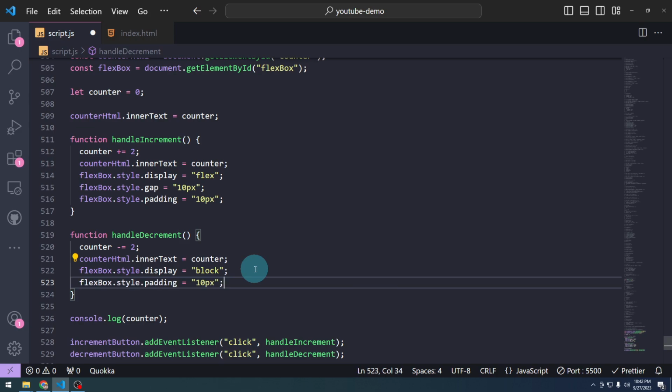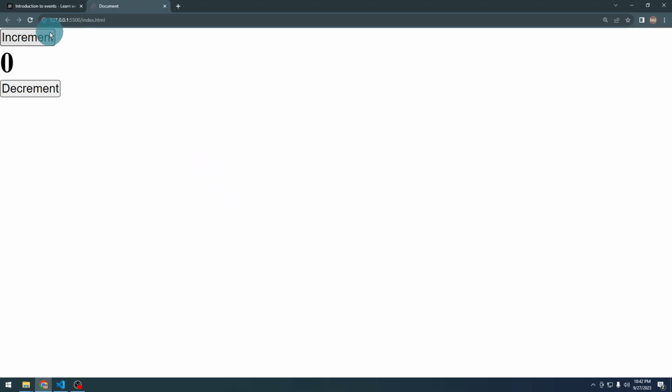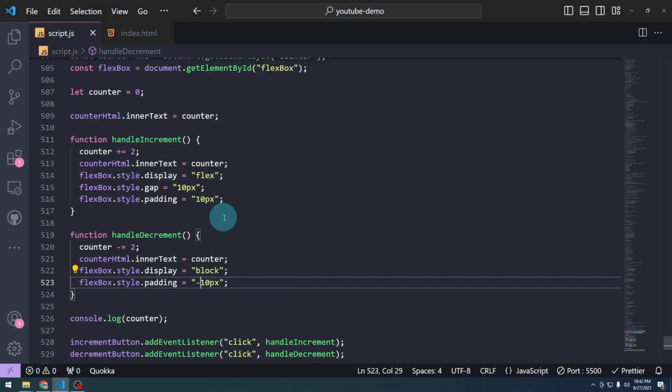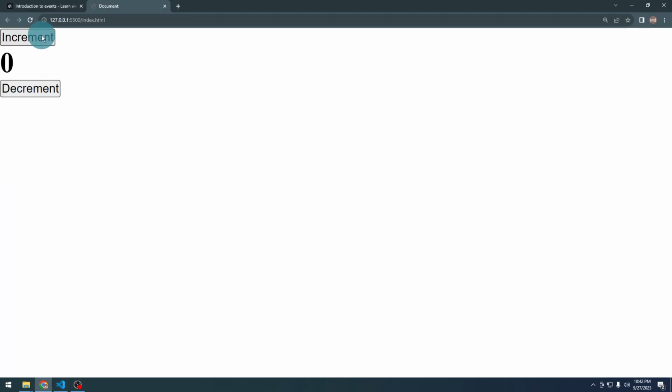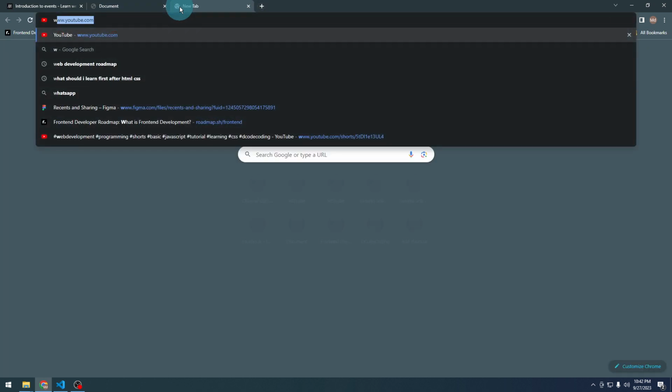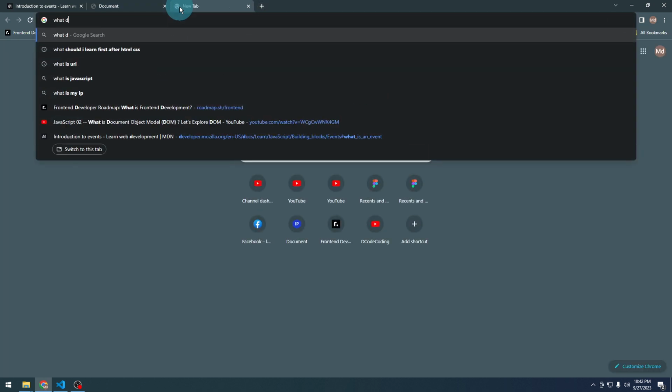Let's delete the padding as we don't want that. Okay, we shouldn't have done it like this. Instead, we can do, let's do 0 pixels maybe. This works, but we can remove style as well. I forgot what it's used to remove. Let's do what